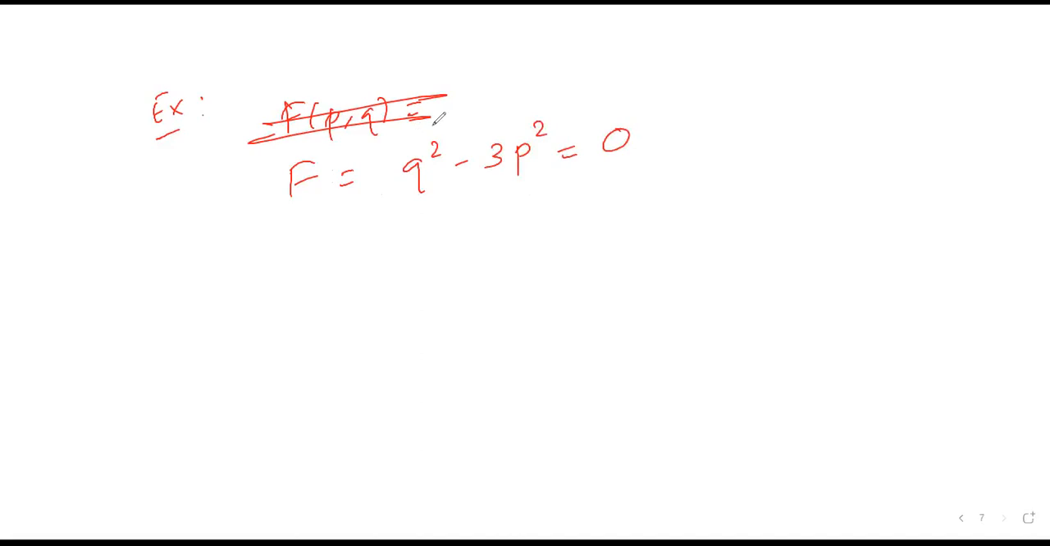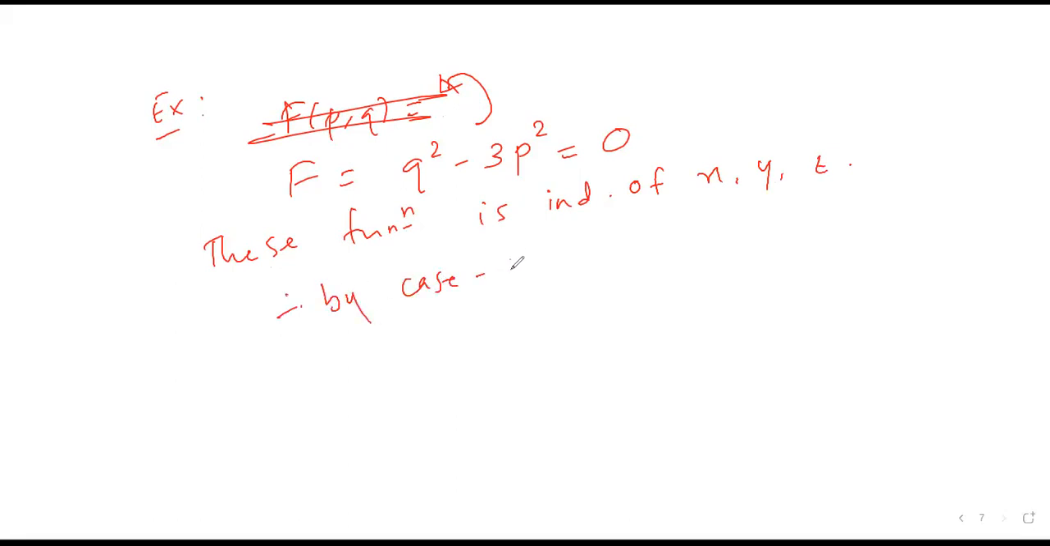Okay. So you have to know, okay, this is under this case. So if it is in this case, you have to know these functions are independent of x, y, and z. Therefore, by case 1, we have z is equal to ax plus by plus c. The solution will be this one. Okay. So here you can see,